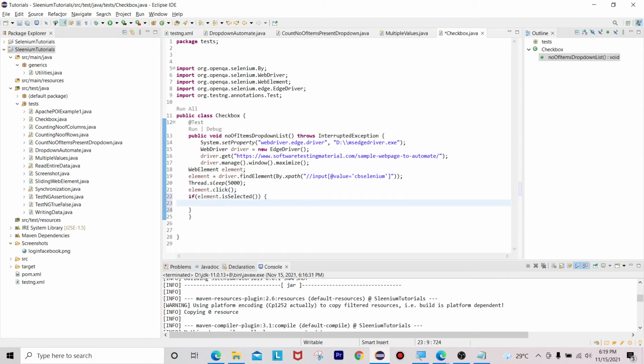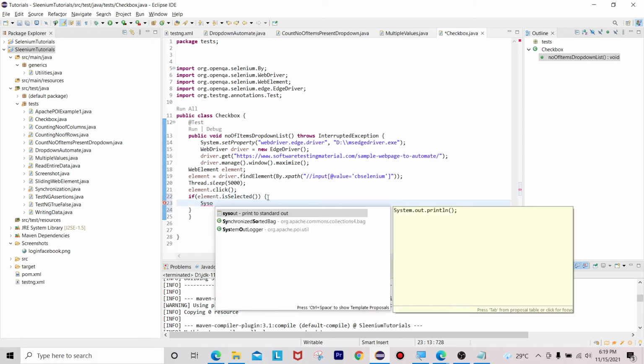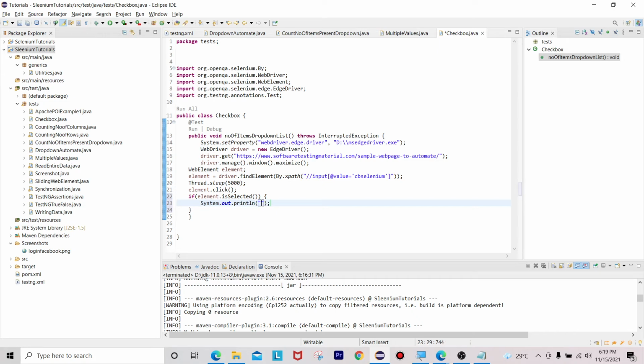It will return a SYSO statement, checkbox is selected. Then else SYSO of checkbox is not selected.